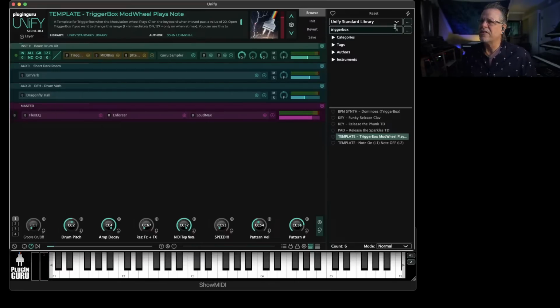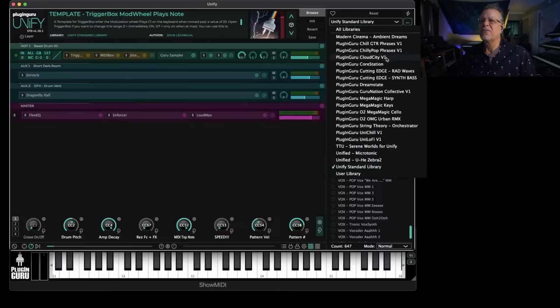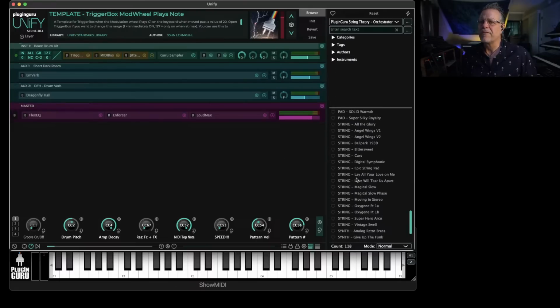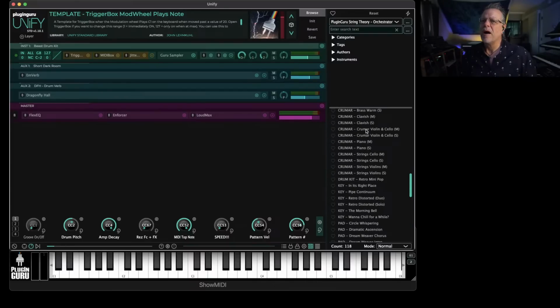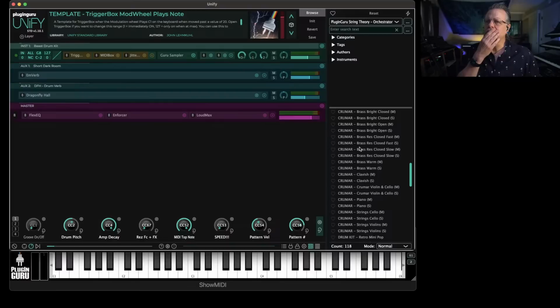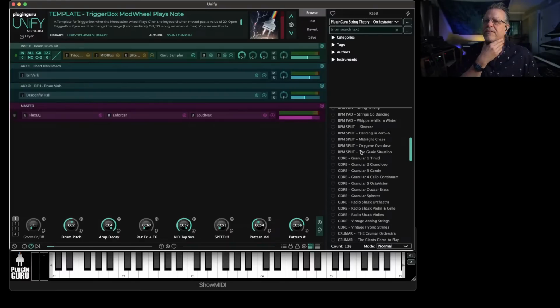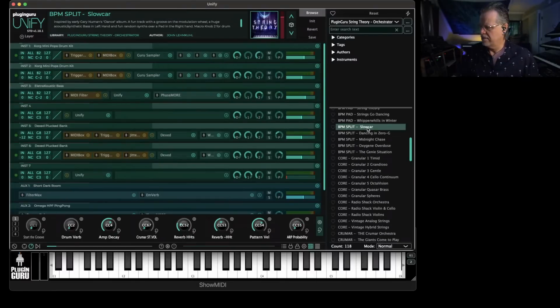So I use this inside of Mega Magic Keys for playing. I don't have Mega Magic Keys in here right now, but inside of the String Theory library for the BPM splits, I have it set so that when you move the mod wheel on BPM splits, like Slow Car,